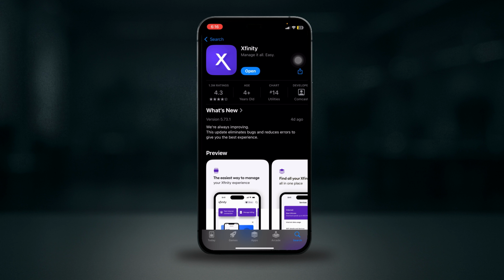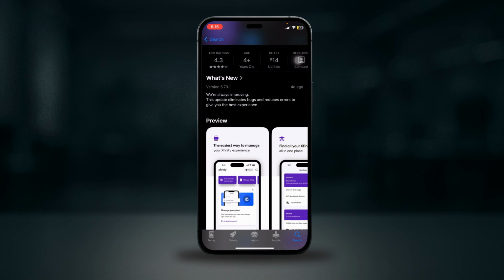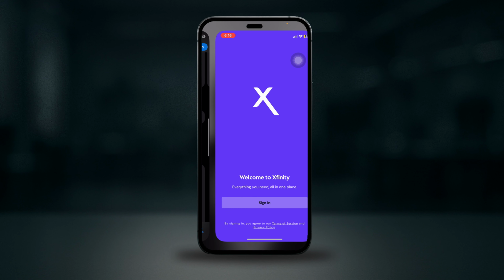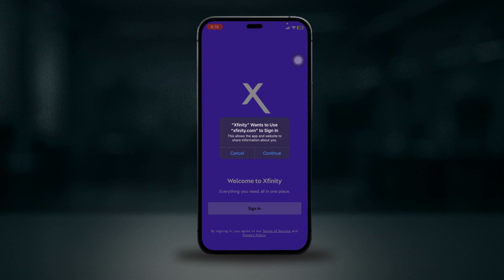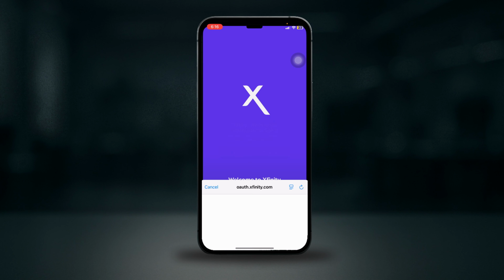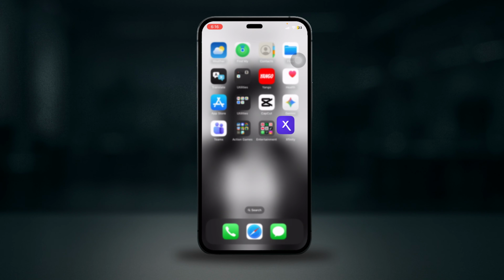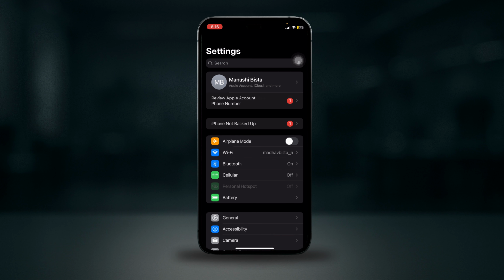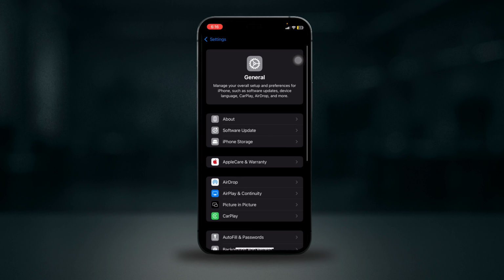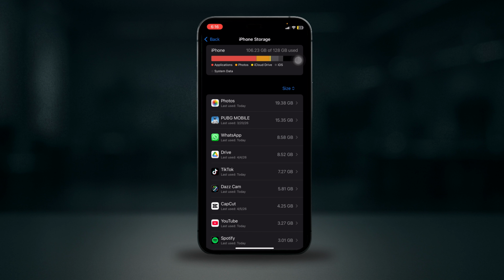Then head over to your App Store or your Play Store, search for Xfinity, and make sure that the app is updated to the latest version, since updates often fix performance issues and bugs. Now, if you are using Android, clear the app's cache from the settings to remove any temporary files that may slow down the app. Then also head over to your settings app and go to general, then iPhone storage,